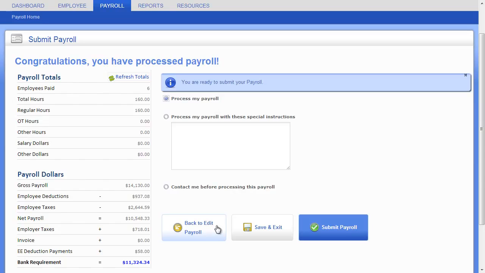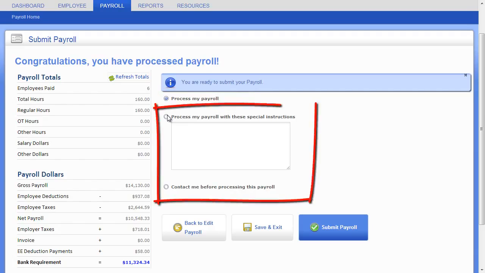If you're ready to submit payroll, do so by choosing the Best Submit option. Submit with the Process My Payroll option will send your payroll direct to process and will be your quickest option. But if you need further assistance prior to submitting your payroll, you can submit your payroll with special instructions for